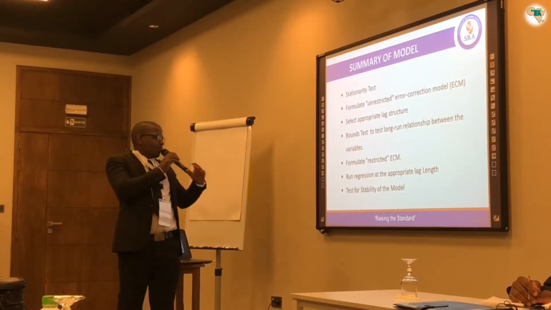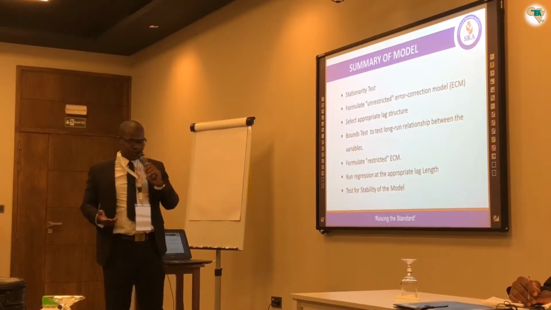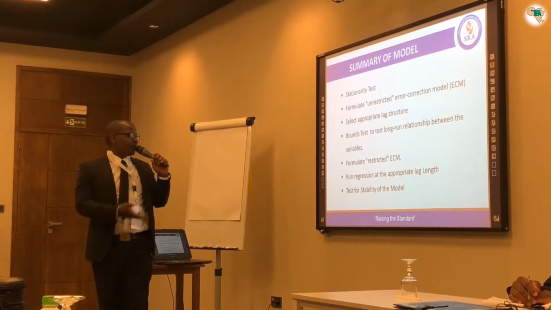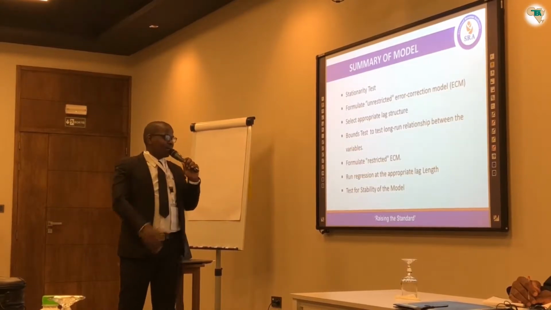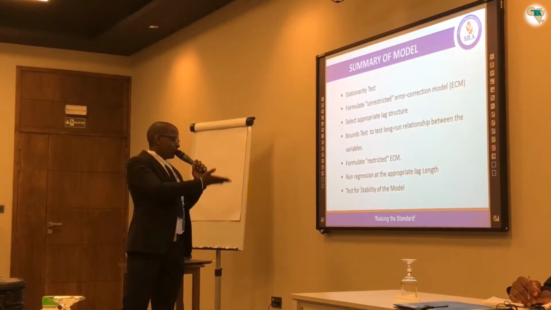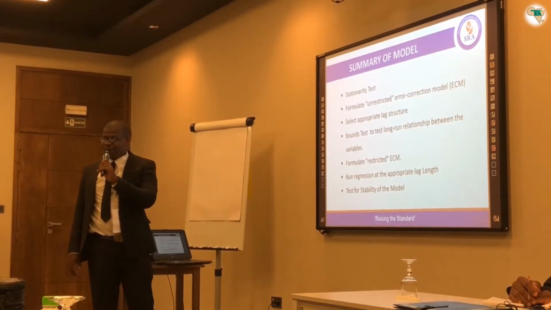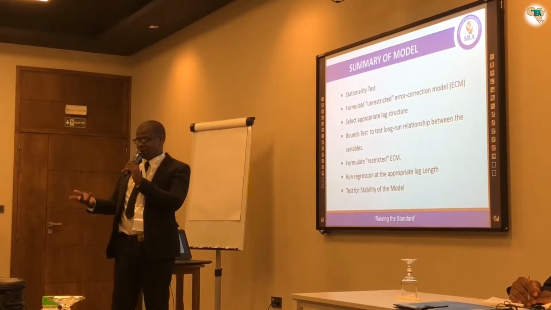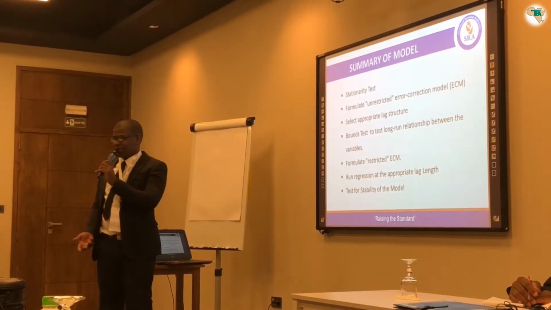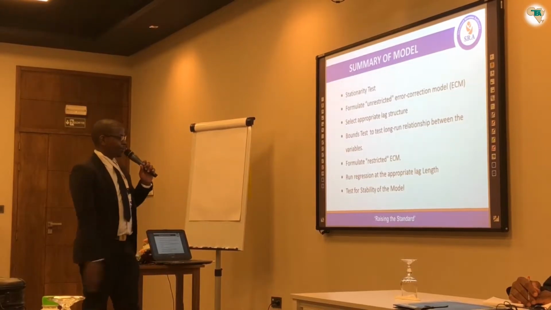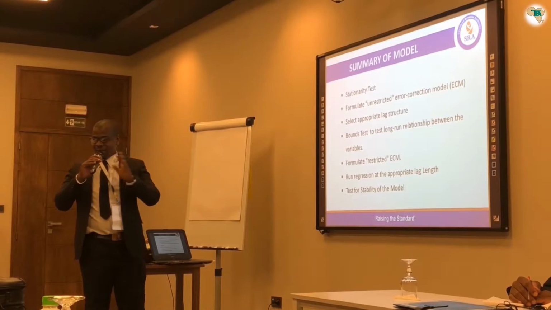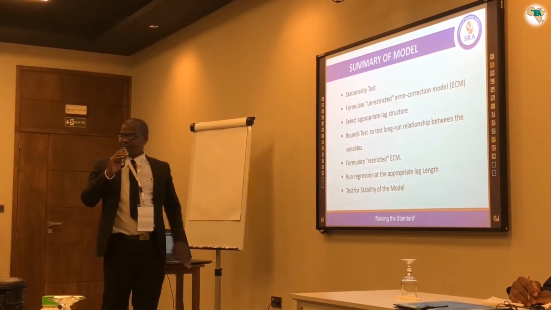Then the bounds test was conducted for those variables which had a long-run relationship after running the restricted error correction model. And lastly, we ran the regression with lags in order to determine the regression coefficients, which give you the nature of the relationship, whether it's positive or negative. And finally, the model was tested for stability after running the regression, using the Ramsey RESET test for stability.